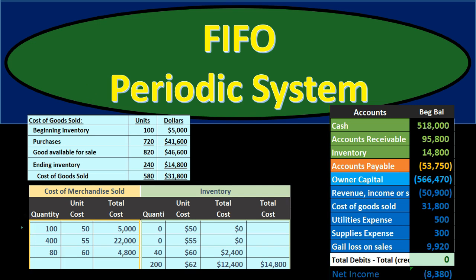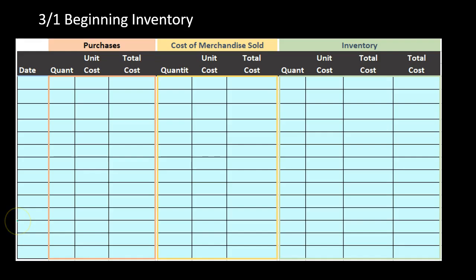Best way to demonstrate is with examples, so we'll go through an example problem. We're going to be using this worksheet for our example problem. It looks like an extended worksheet or a large worksheet, but it really is the best worksheet to go through in order to figure out all the components of problems that deal with these cost flow assumptions, including first in, first out, last in, first out, or an average method, and using a periodic or perpetual for any of